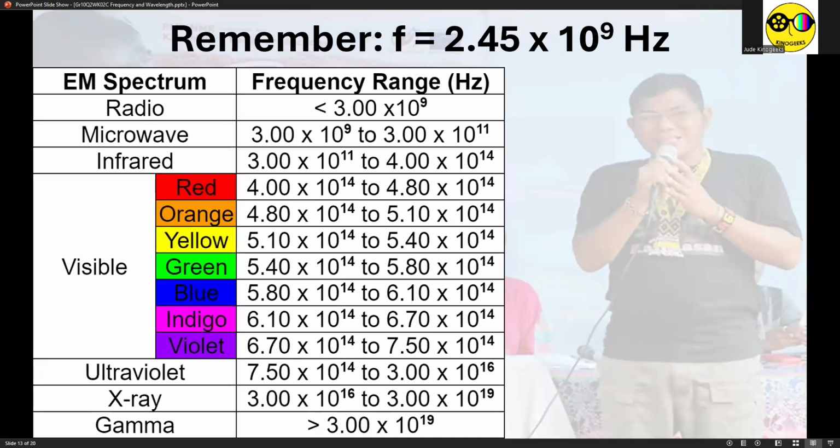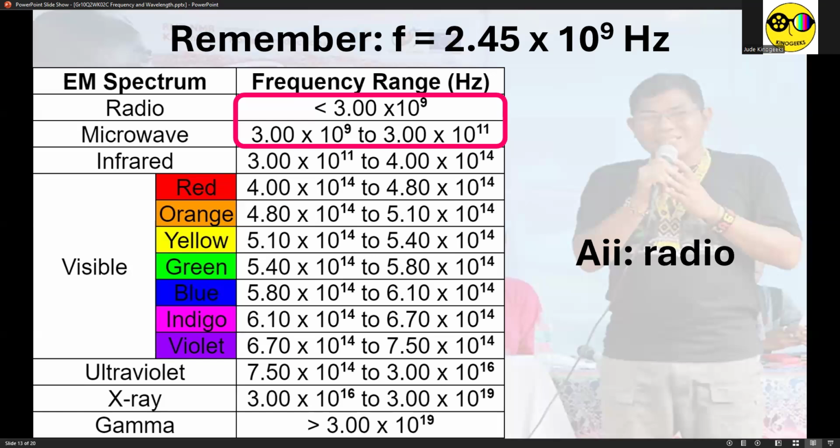Then next, you have to locate the components of the electromagnetic spectrum which possess that exponent. In that case, it's radio and microwave. Now, because this frequency is very specific, we have to look for one component of the electromagnetic spectrum only. So, we now have to settle on the coefficient. The coefficient of the frequency is 2.45, and 2.45 is less than 3.00, so that means this frequency falls under the radio spectrum,